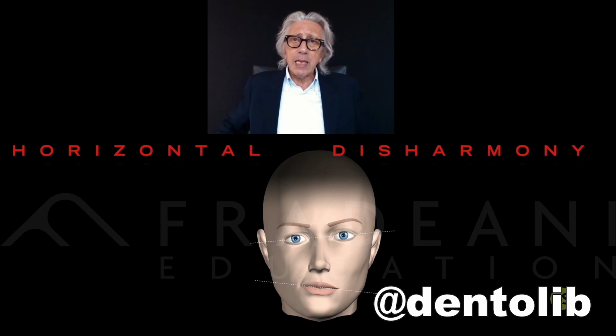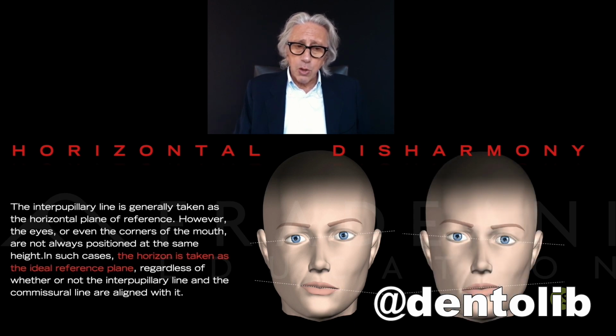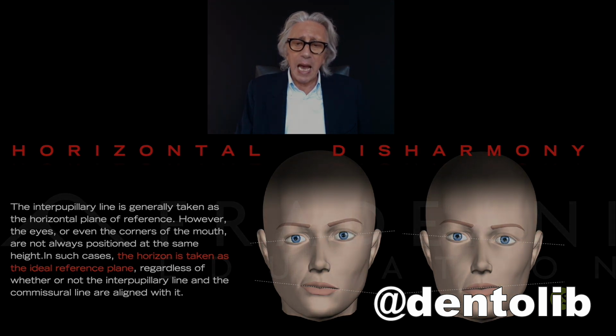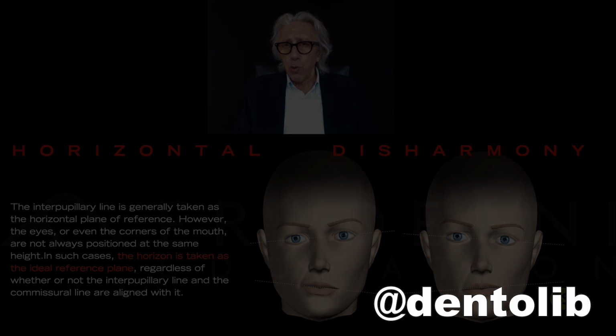between the horizon and the so-called reference horizontal lines. So-called because sometimes they are not really parallel to each other, like you see in this drawing, or in this one. So the interpupillary line is normally taken as the horizontal plane of reference. But remember that many times the situation is not really horizontal to the horizon, parallel to the horizon. So the horizontal in this case is taken as an ideal reference plane, regardless of whether the interpupillary line and the commissural line are aligned with it or not. So you have to check all